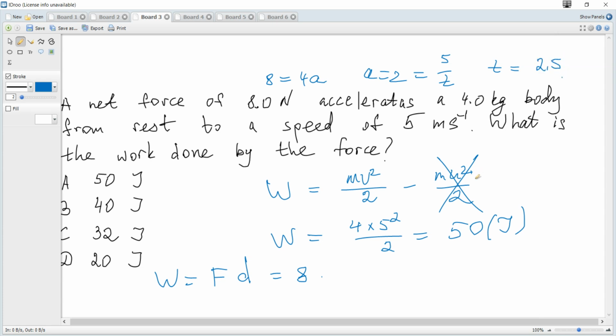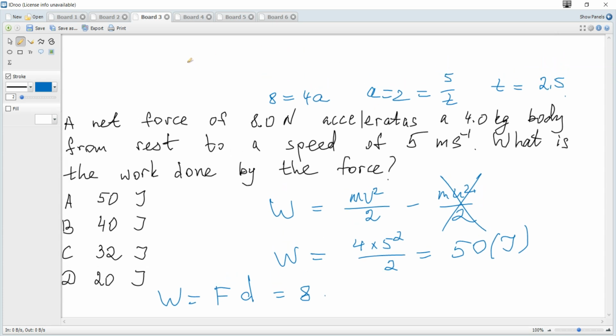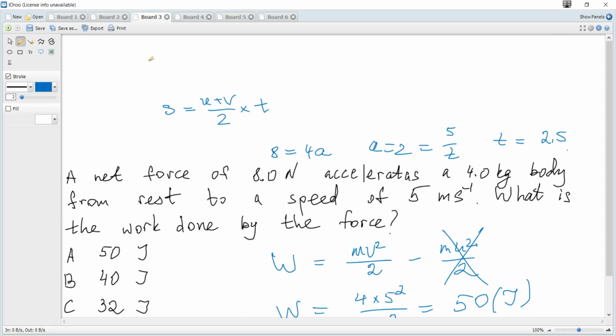Actually, we can calculate time and then distance, or we can just use another formula. To find distance, what formula can be used? We can use s is u plus v divided by 2 times time, since time is already calculated, or also s is ut plus at squared over 2, or we can use v squared is u squared plus 2as. So for this formula it becomes 0 plus 5, it's 2 times 2 times s, so it's 6.25. Let's check this